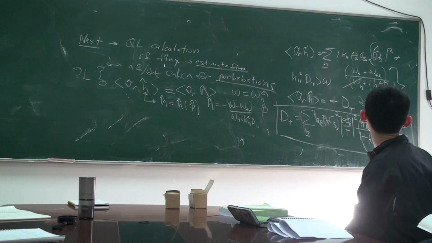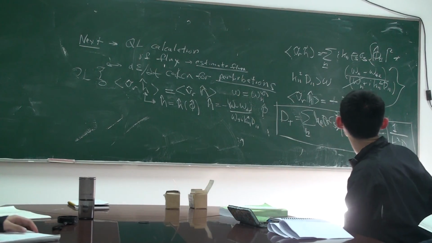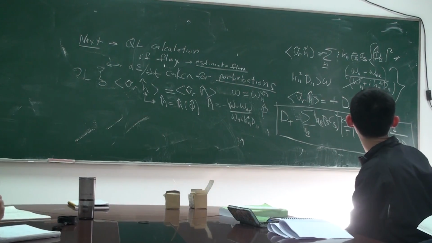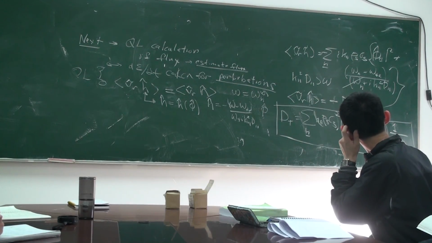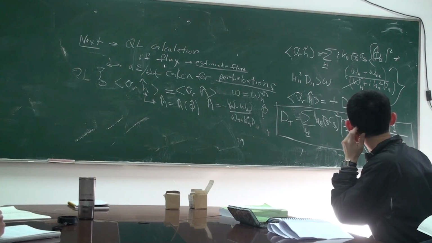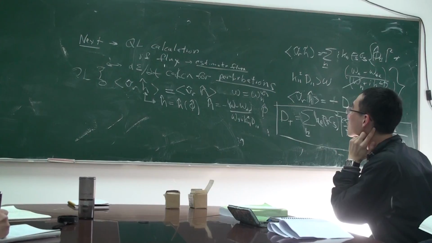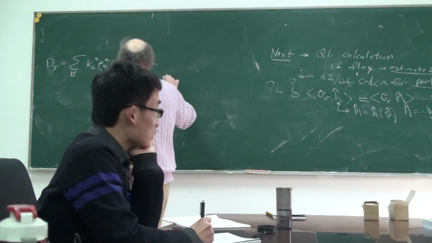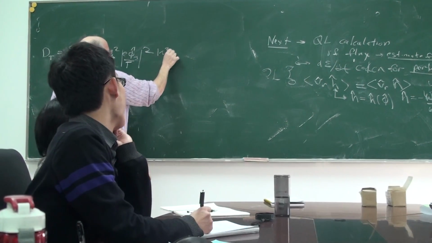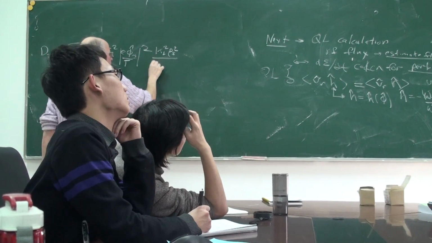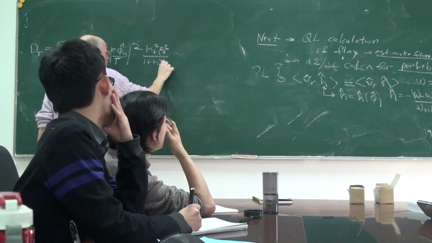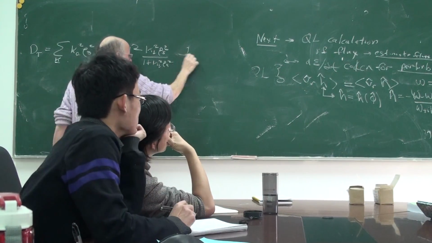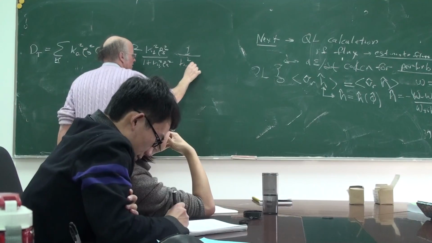So D turbulent, and that's the sum over K. I'm writing out the whole thing now, E phi over T quantity squared, and you asked a good question, we'll come to it, times K perp squared rho s squared over 1 plus K perp squared rho s squared, and then there's this factor of 1 over K parallel squared